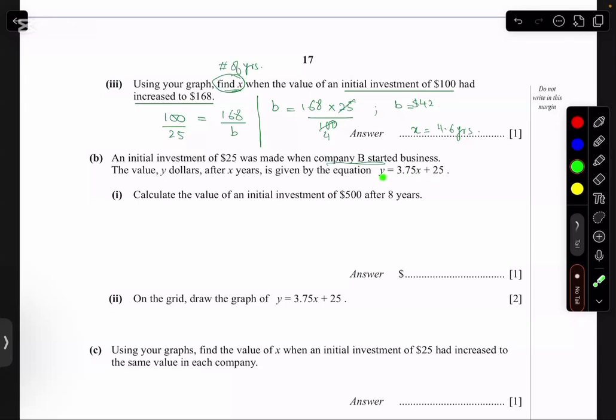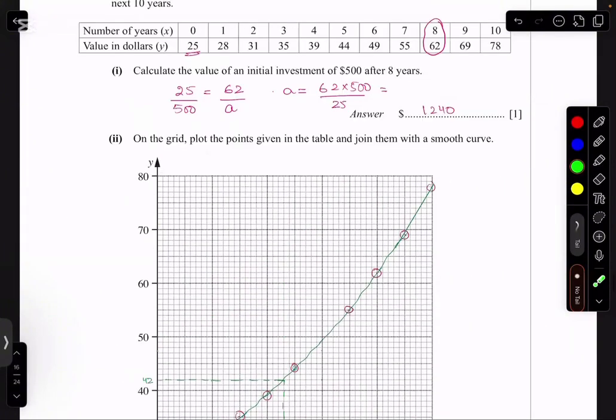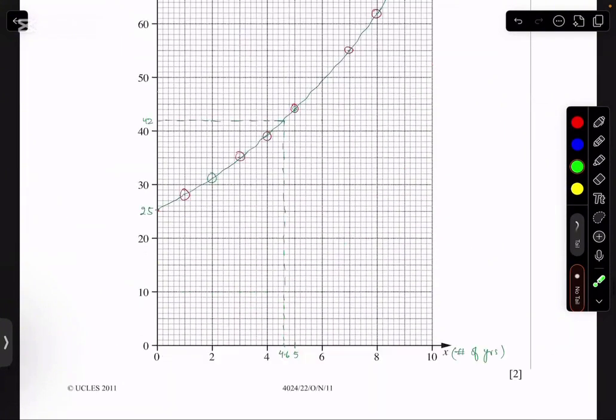ठीक है? अब यहाँ पर they have given us the equation कि यहाँ पर ये constant तरीके से इनकी investment बढ़ती चली जाएगी. Again, keeping in mind what is x? X is the time period, and what is y? That's the value of the money that they have invested. Right? Y पे हमने यही रखा है value in dollars, और x that's the time period.